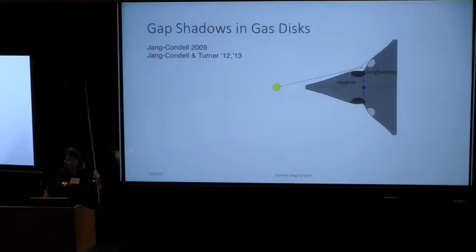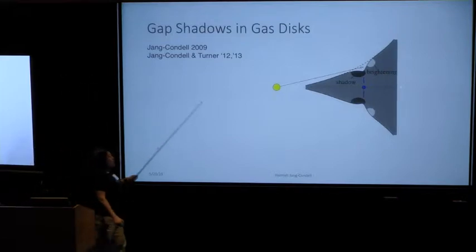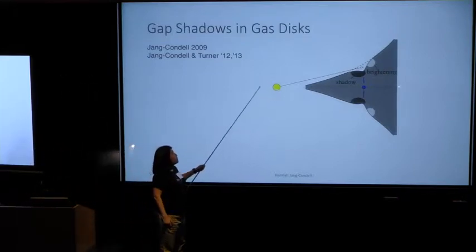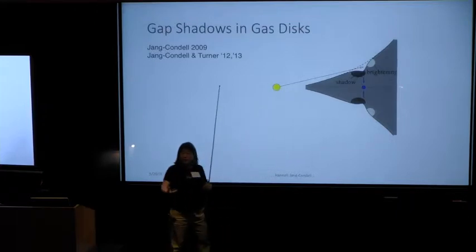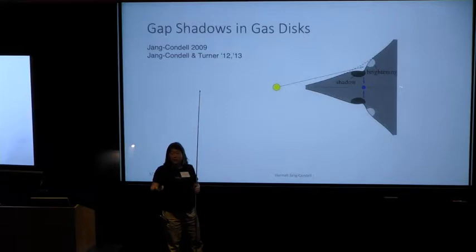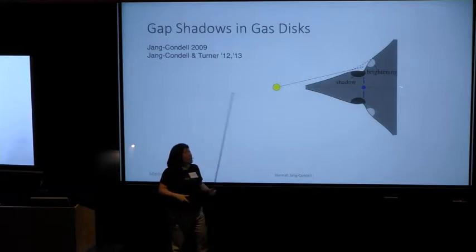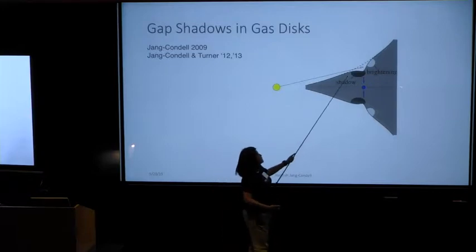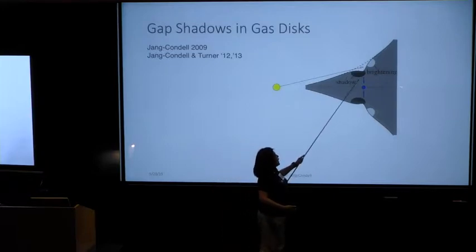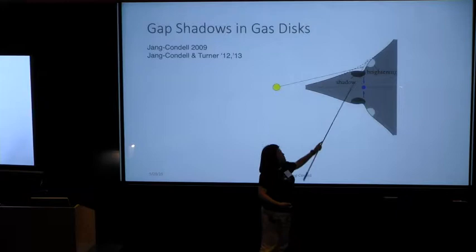Okay, so we have this light from the star, illuminating the surface of the disk. And as I mentioned before, the stellar light sets the temperature structure of the disk. Now, when you open a gap in the disk, you create a shadow. So there's a shadow now in the trough of the gap, and the far wall is now exposed and